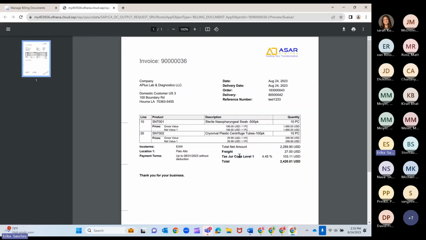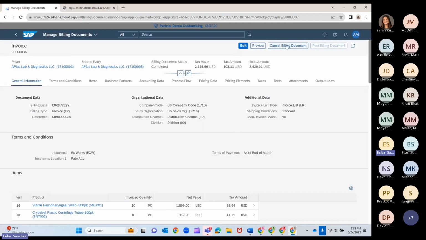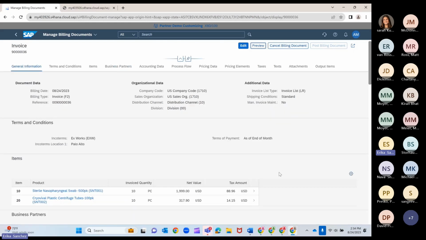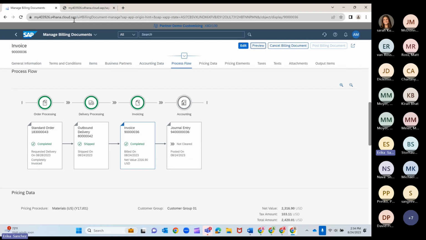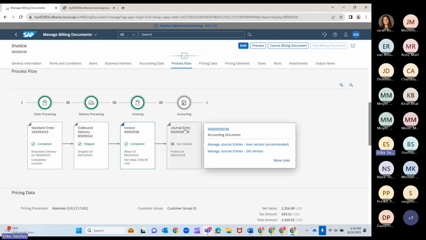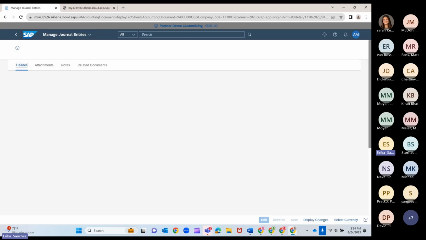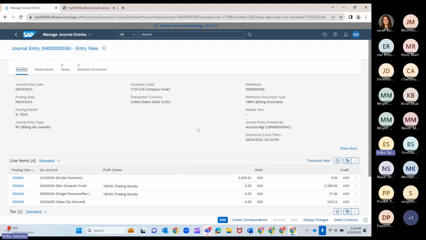I can see and make sure that all my details are correct. If my details are correct, great. If they're not, I have the ability to cancel my billing document, make my corrections, and then move forward from there. So my process flow: I've created an order, I've delivered my order, I made an invoice, and now I'm going to check my journal entry just to make sure that everything has posted properly to the correct GLs,